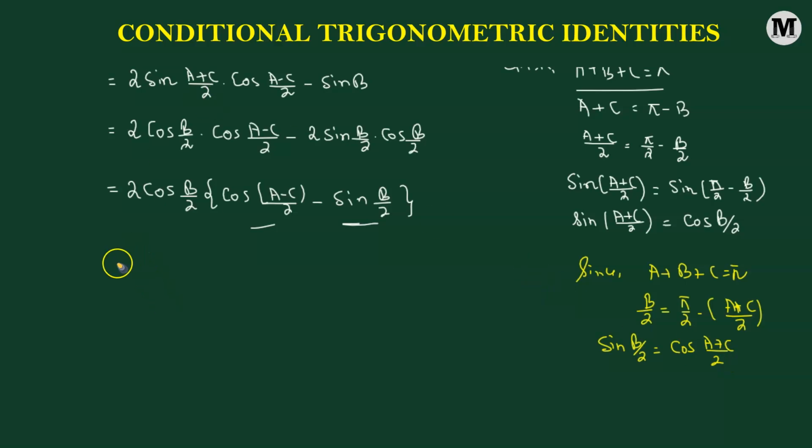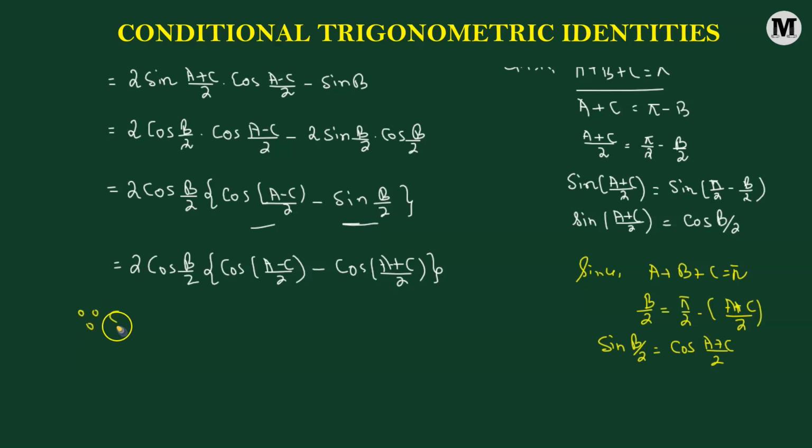Okay. So now what we have is 2 times cosine of angle b over 2. This is going to get multiplied to cosine of the angle (a minus c) over 2 minus cosine of angle (a plus c) divided by 2. Okay, fine. Now what we have is the difference of two cosine functions. So here we're going to use the fact that cosine of alpha minus cosine of beta